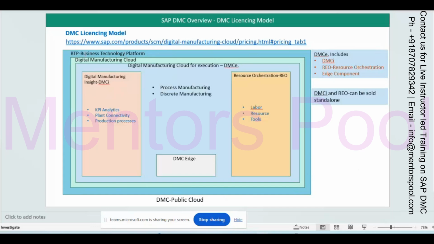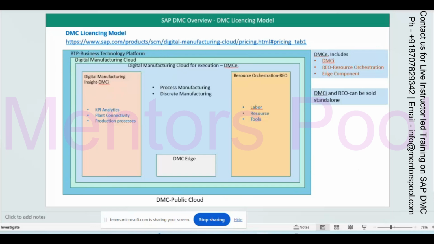And what roles have been assigned to a particular user, and what tiles they can access. There are different types of roles available, like administrator, supervisor, operator. All these roles you can assign through the BTP identity management.